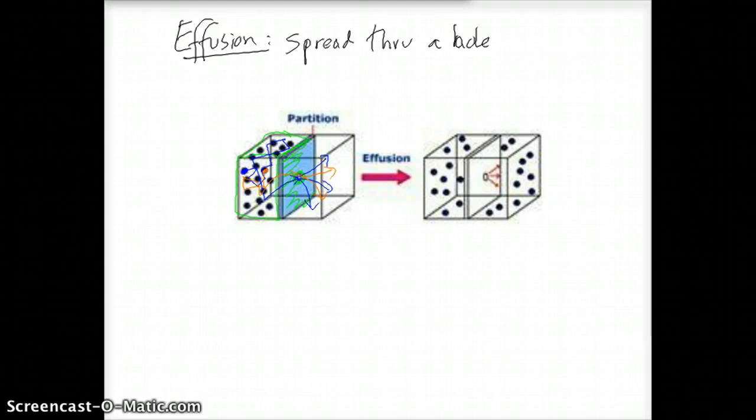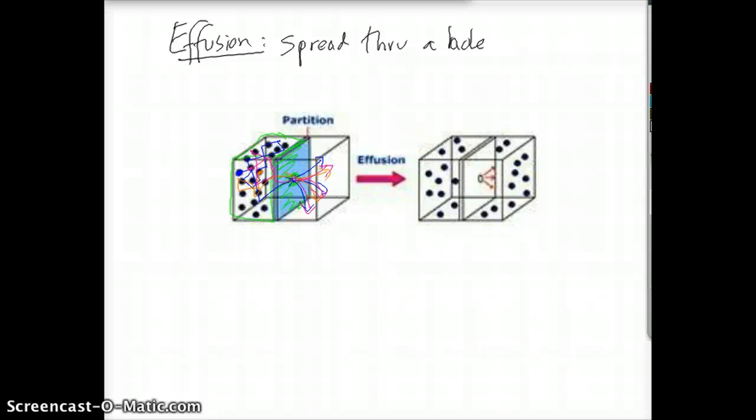And then maybe a third molecule does the same thing, boom, spreads through. What we can see is this is a much more limited and controlled spreading since it's going through this hole. And what we're going to see is the rate or the speed at which this happens is dependent on a property of the molecule. And this is something called Graham's law